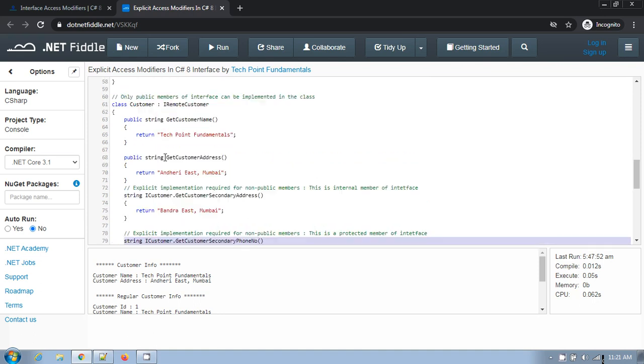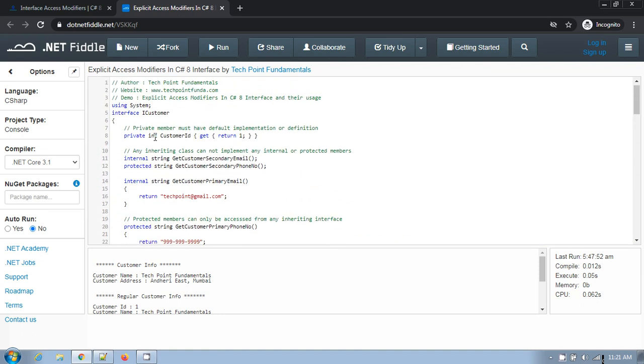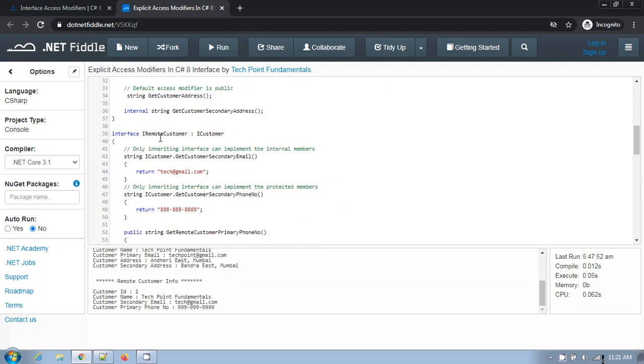So if you see quickly, I have also inherited this iCustomer interface in another interface, iRemote customer. Here also you can see that I have implemented that internal or protected member with the explicit mode.